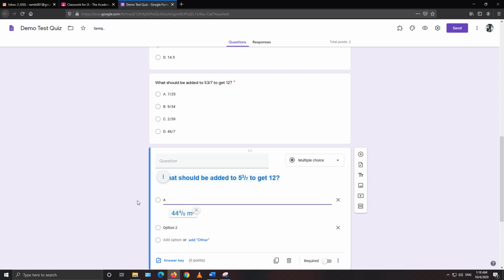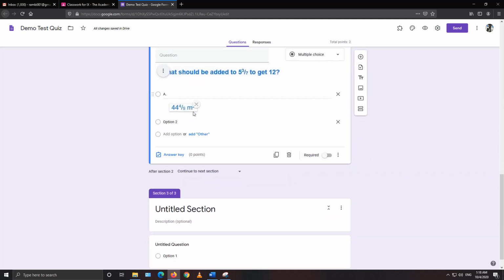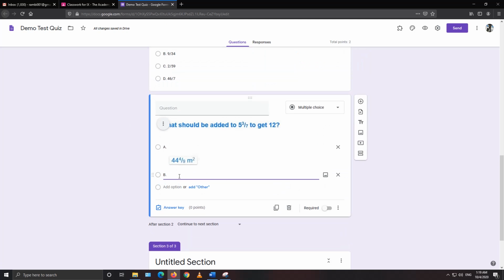So this is how things will go under each of the options. I can write it as A as well. A option is this one, B option is another one. If I want to add more pictures, I can add the picture here as well. Similarly, everything which you think will not be copied easily, you can take the snip of it and then paste it over here, so that it won't create any mess for you.